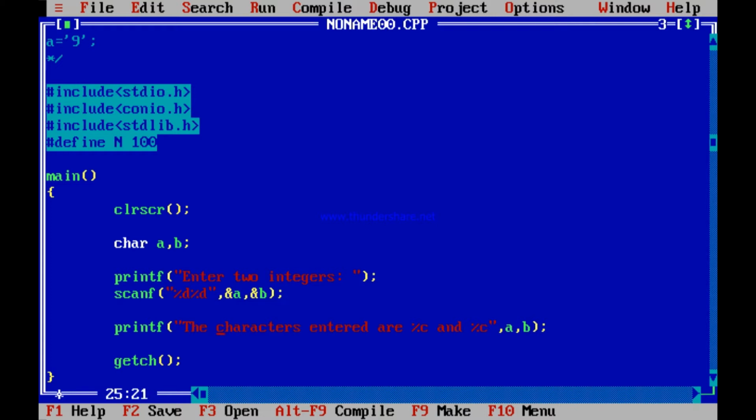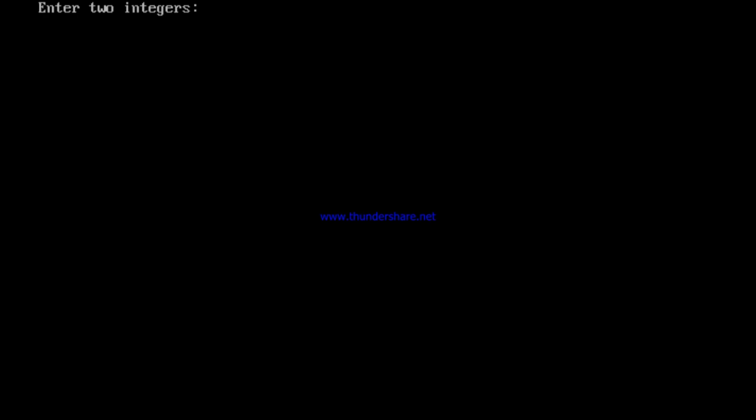Now you would have written the integers entered are %d and %d, almost the same. And then this a and b would not have been declared as character, but this would have been declared as integer.